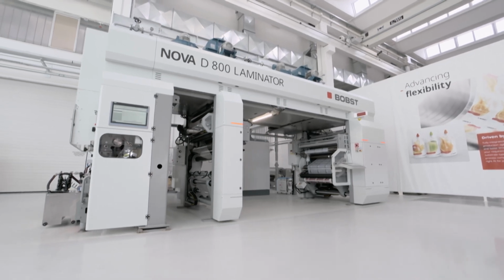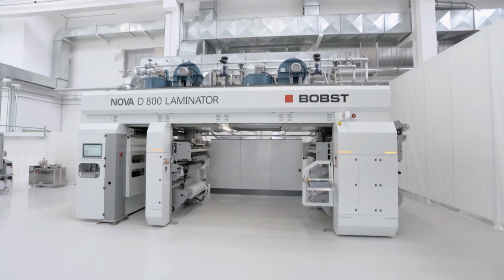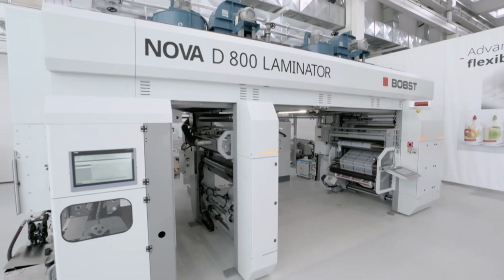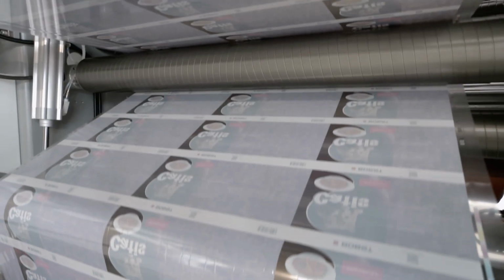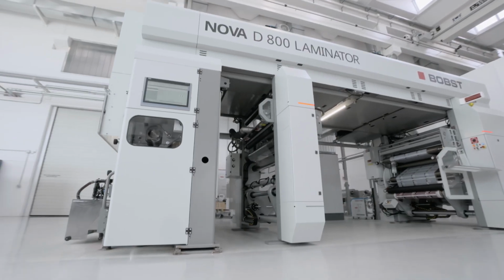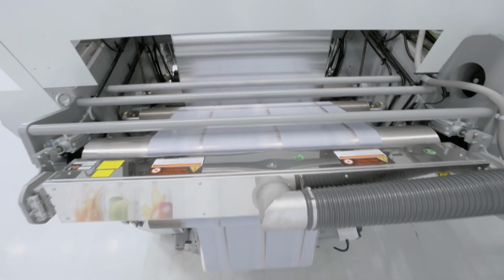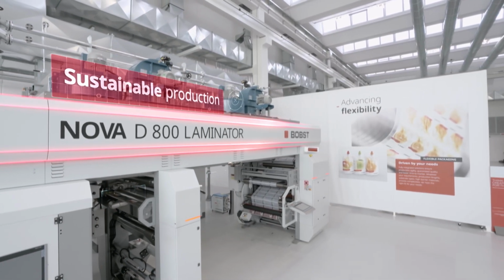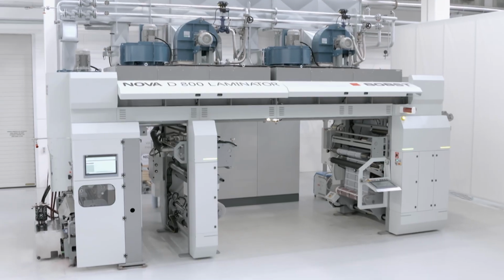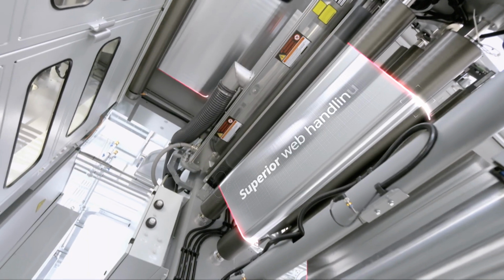Introducing Bobst Nova d800 laminator, the compact, automated and connected multi-technology machine for production of high-quality flexible packaging. This highly efficient laminator delivers optimum performances with all run lengths, all substrates and all adhesive types, including today's new recyclable packaging structures. The modern and flat tunnel design is excellent for superior web handling of all material types, with